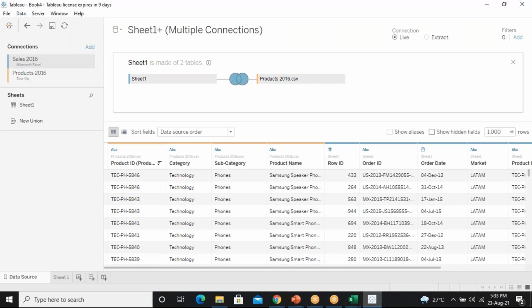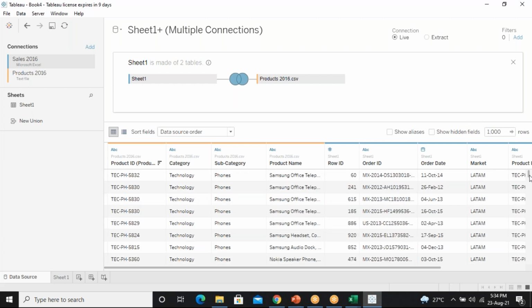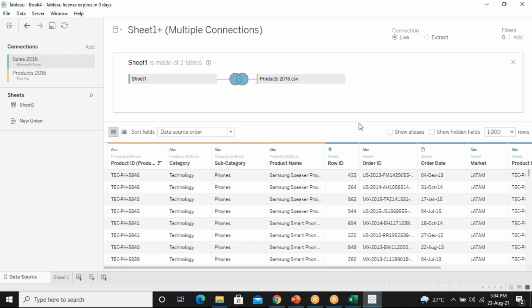So 1,000 means whichever cards are shown. Sometimes when you are not taking multiple connections and only have one sheet, whatever number you enter, only that many records will be given here. It will not take that number at all.